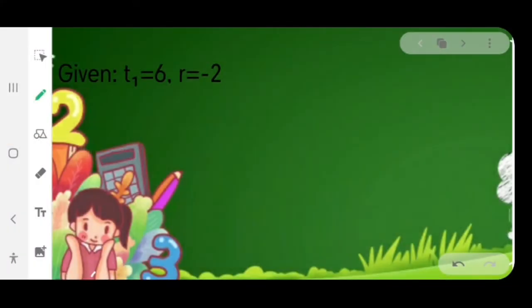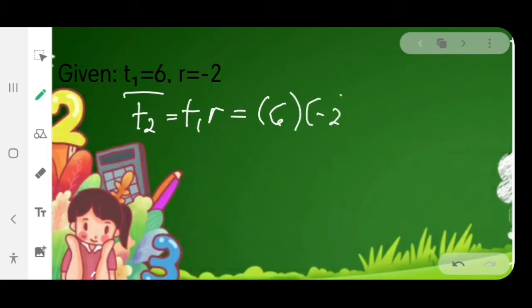Let us determine the first four terms of the geometric sequence with first term 6 and common ratio -2. Remember that in order to get the next term of a geometric sequence, you need to multiply the common ratio to the preceding term. Now, since we are given already the first term, which is 6, let us compute for the second term. So t sub 2 is equal to t sub 1 times the common ratio. Substitute the values. We have 6 times -2 is equal to